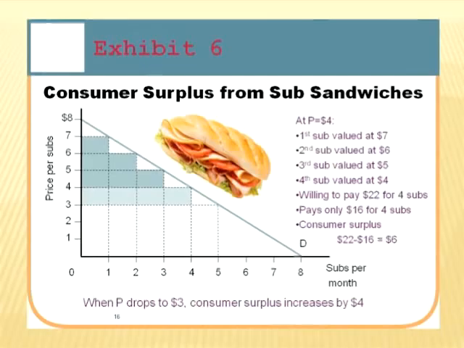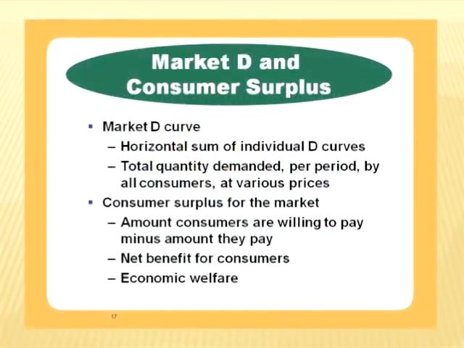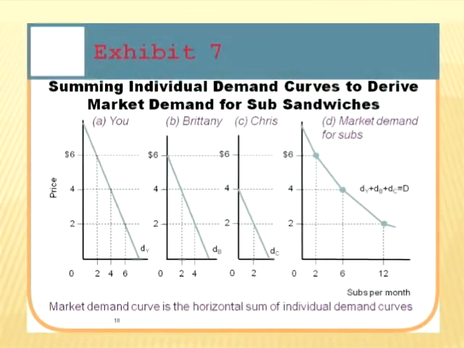Now, you can do the same thing for consumers in general. That is, if we look at what the market demand curve looks like, it's made up of a summation of various different individual demand curves. In other words, each individual who's a participant in the market has their own demand curve. We add all of those together and we end up with the market demand curve. Now, since each one of these consumers has their own individual consumer surplus, the result is we have a sort of a societal consumer surplus.